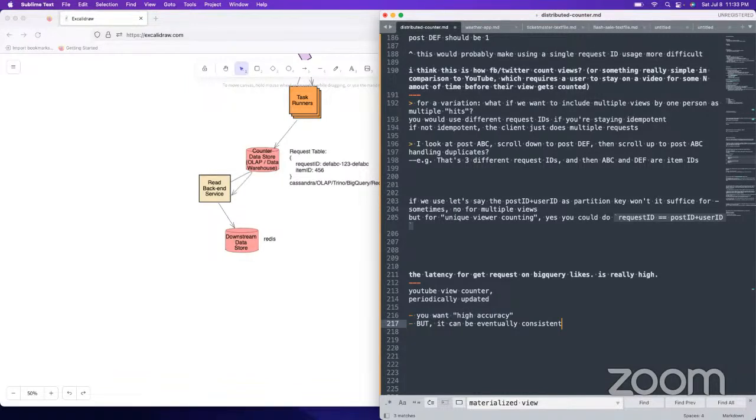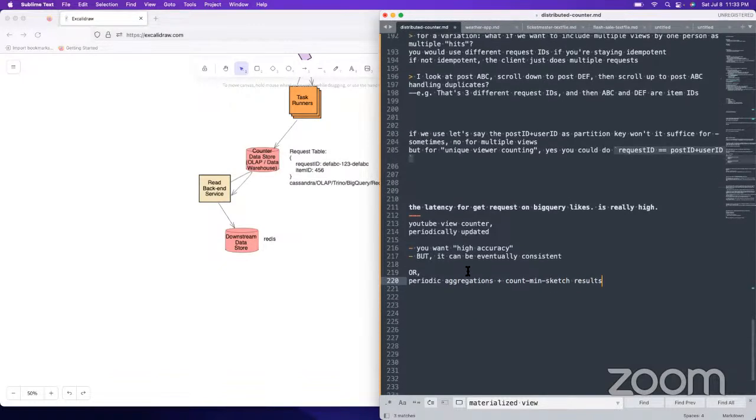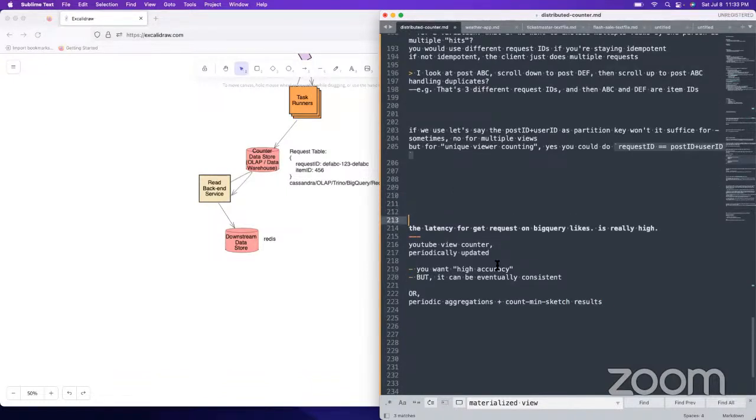Then it's going to be off by a little bit. So periodic aggregations plus count min sketch results is one way to do it. I'm going to stick that in there in variations.